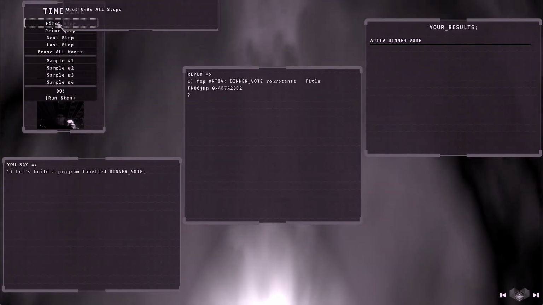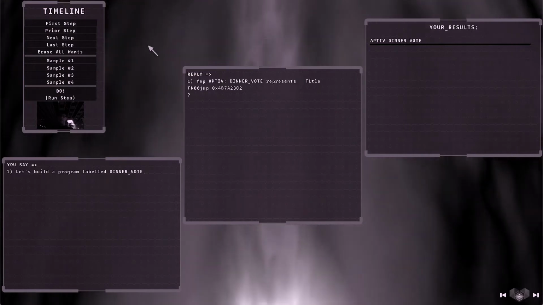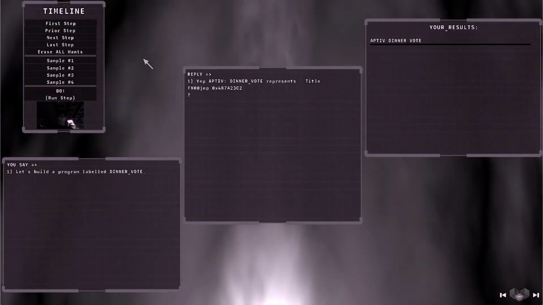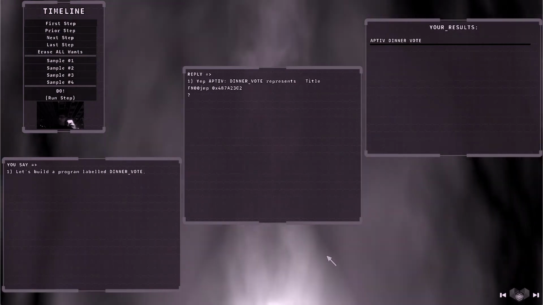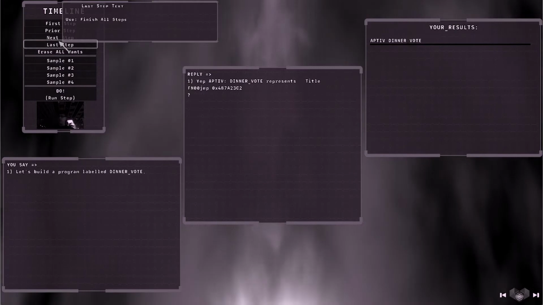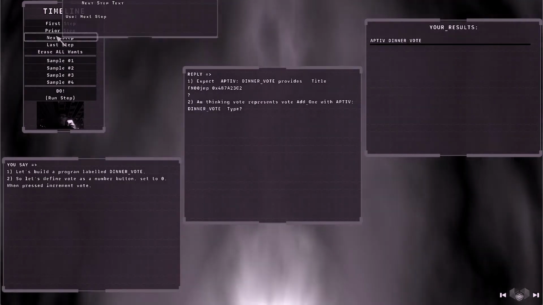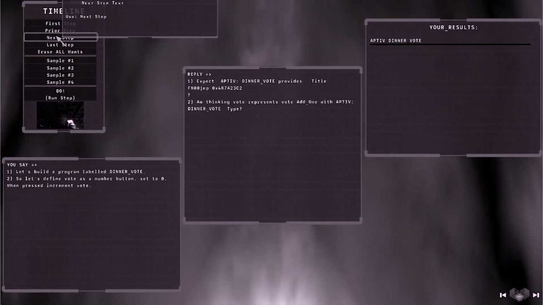I'm going to go to the first step. That means we remove everything but step one. And as with the previous calculator and snack store samples, this does the exact same process. We start with, let's build a program, and there's a label for it. So when we're going to vote as a family or a group of friends or a team lunch,